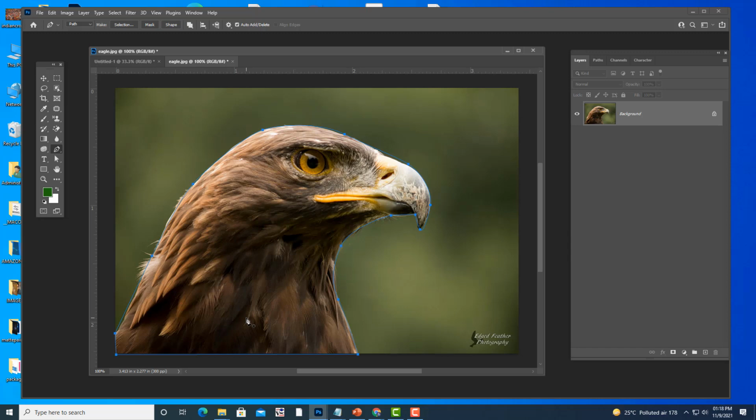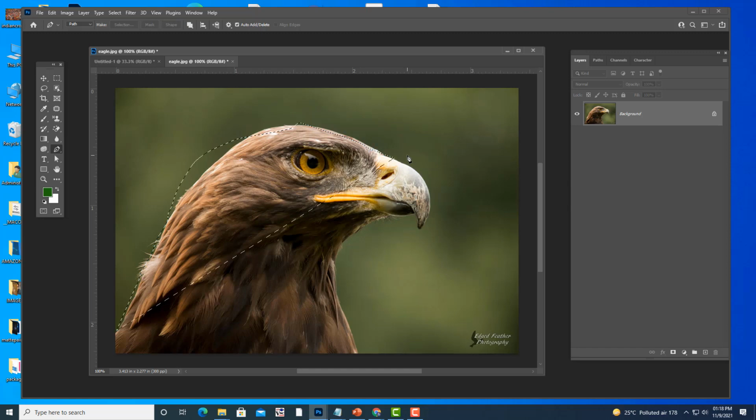Whenever you are doing selections with the pen tool, make sure that you have a minimum number of points. Some people have very bad habits. Because you are beginners, you don't know how to create a path with the pen tool. So some people do like this. This is wrong. You should not do like that, because too many points will be created and it will be difficult for us to adjust the selection.